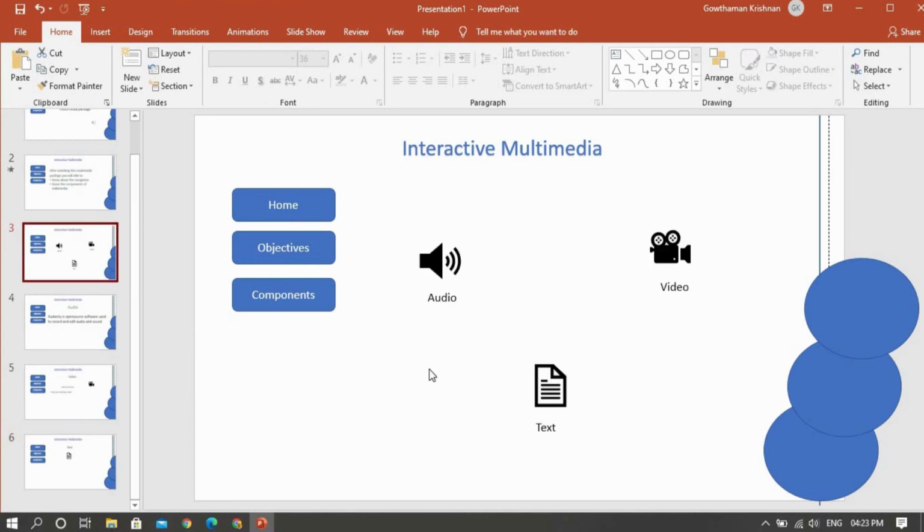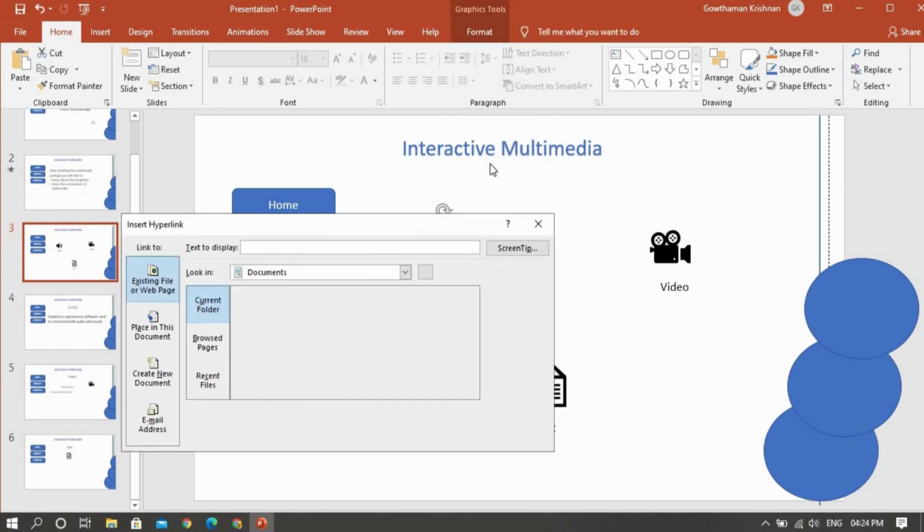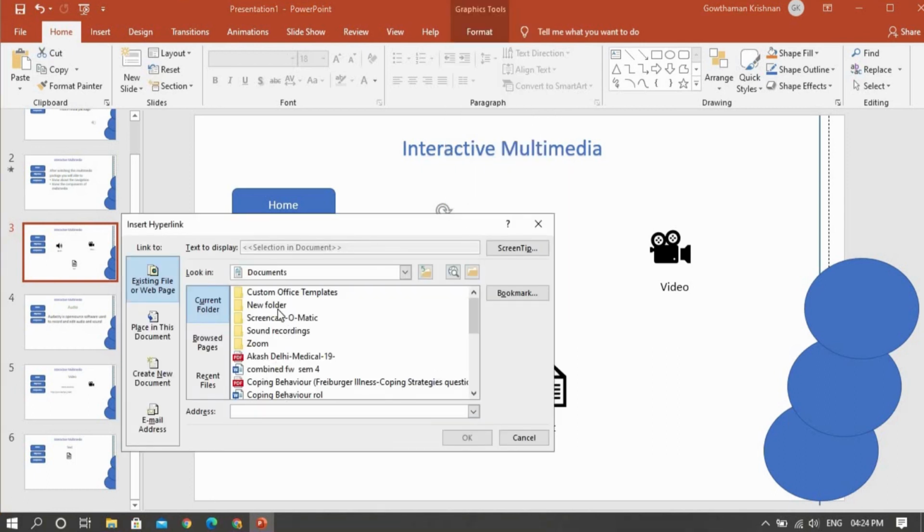For example, in the third slide, for the audio, select this symbol and right click it. See, there is an option called hyperlink. Then you can select the files and everything.